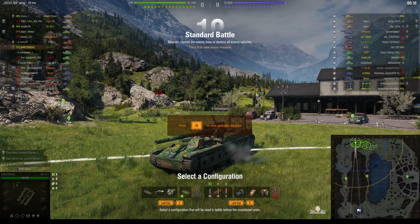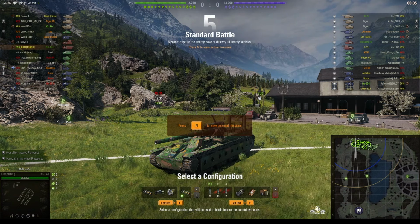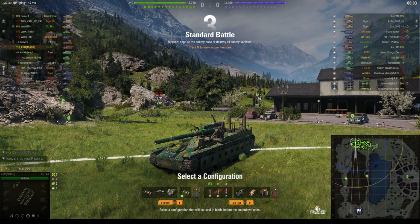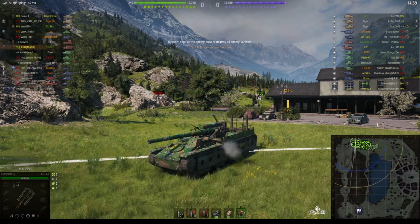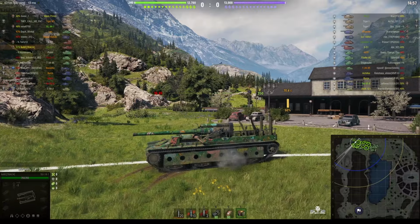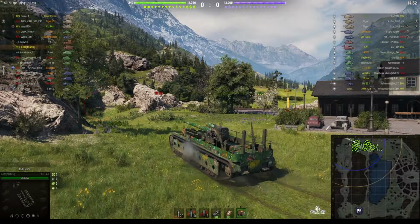This is the SU-14-1. It's the Tier 7 Soviet SPG. It's located on the north spawn of Lakeville, and this one is under the command of llol97 of the TRACH clan. Now he's got the stock gun, I can tell that straight away because it's a long barrel,